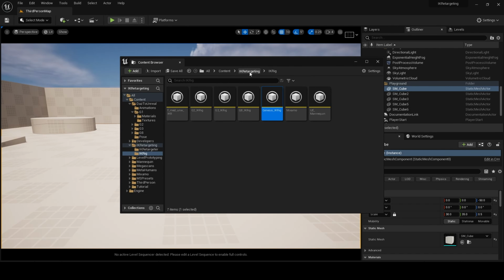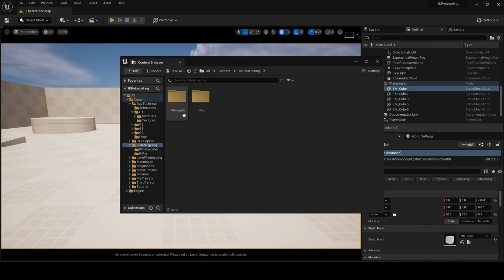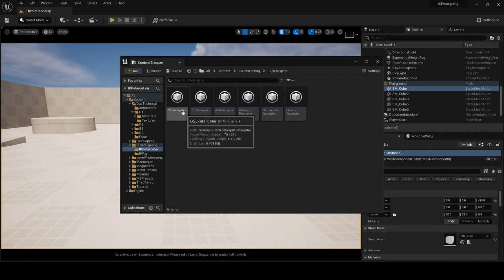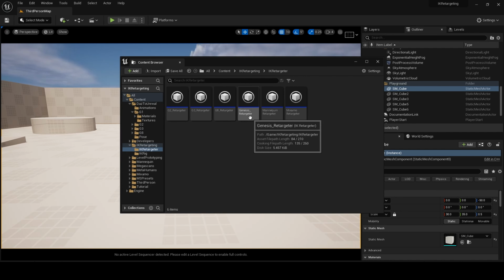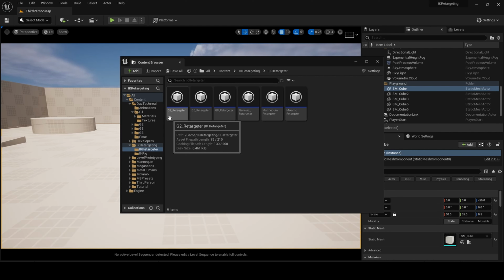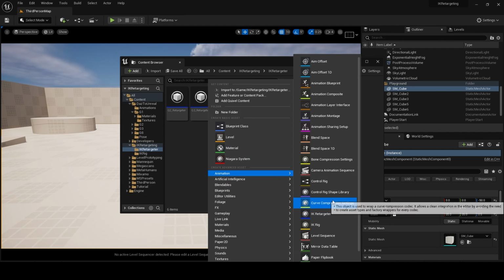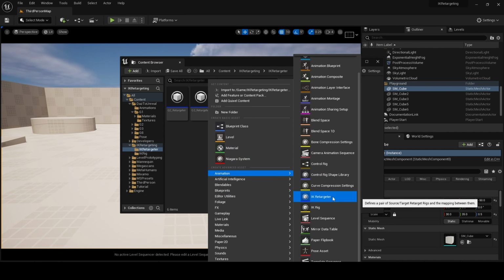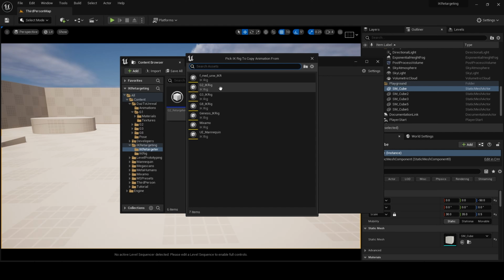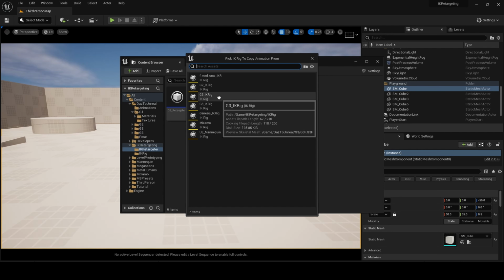The next step is to go back into our retargeting folder and click on the IK retargeter folder. Here I have various retargeters: one for Mixamo, the Mannequin, Genesis, and G2, G3. To create this, you choose Animation, IK Retargeter, and then choose the IK rig that you'd created.